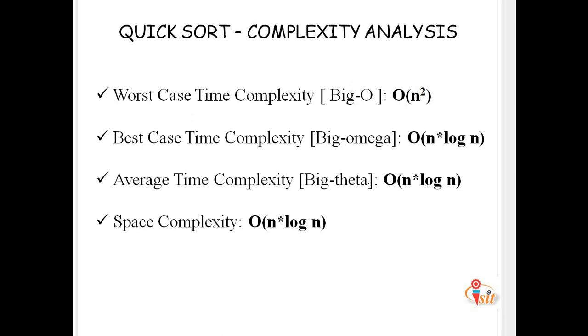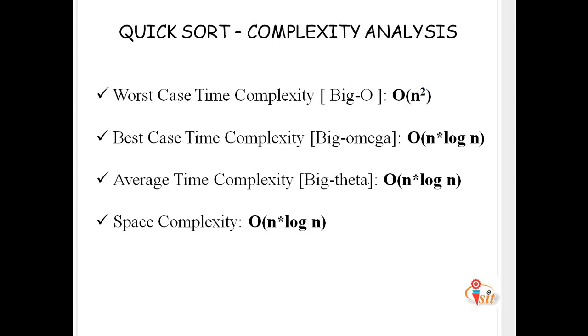It means that the worst case time complexity is big O of n square, and the best case and average case time complexity for quicksort is big O of n log n. As well, the space complexity for the quicksort algorithm is big O of n log n. As we know, if the subarrays produced after partitioning are unbalanced, quicksort will take more time to finish. If someone knows that you pick the last index as the pivot all the time, they can intentionally provide you with an array which will result in worst case running time for quicksort.